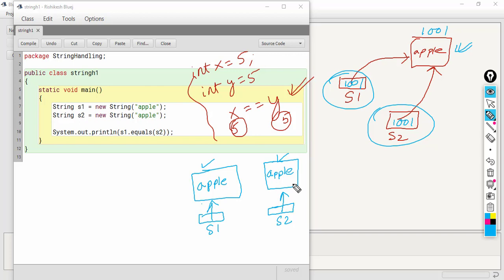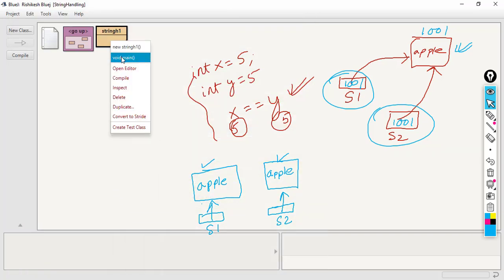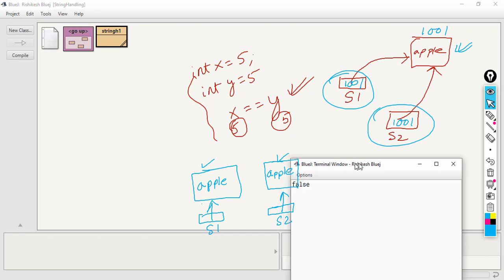Now if I apply the equal to operator here, what do you think the answer will be? Last time this was giving me true, when both S1 and S2 had apple. So this time if you see, the answer will not be true, this time it will be false, as you can see.